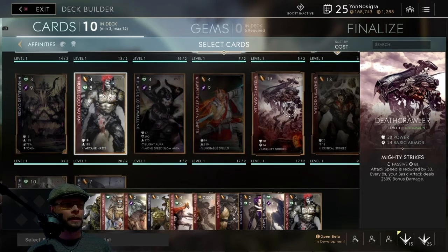So I've got 10 cards now. As you can see, it's a pretty filled out deck. And that's when you're picking your cards. That's really the most important thing for you to think about